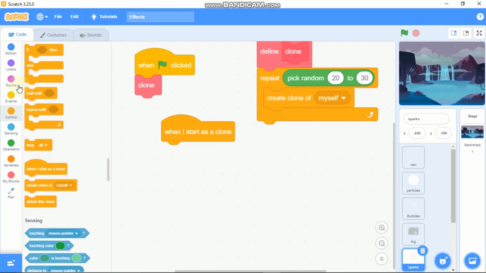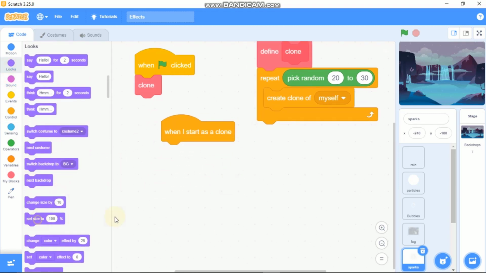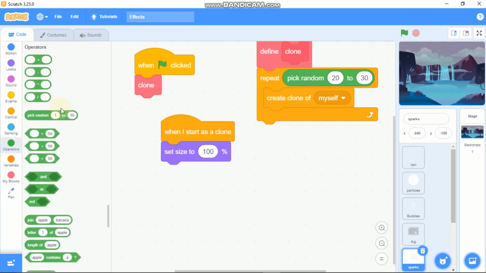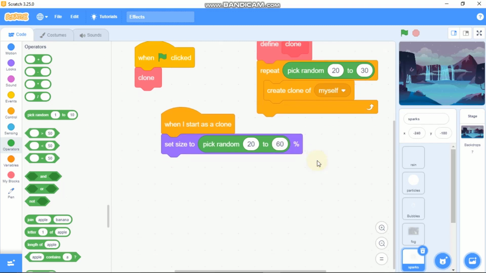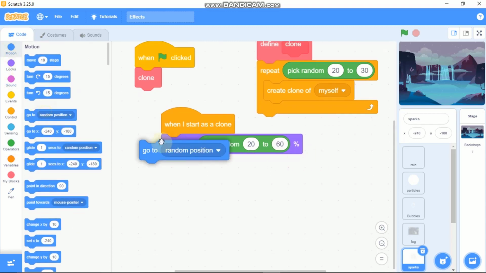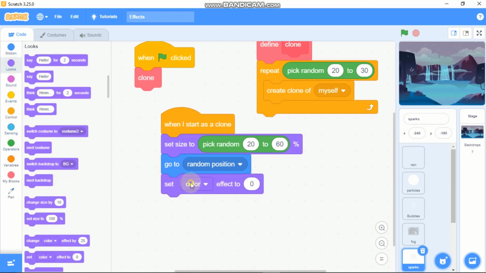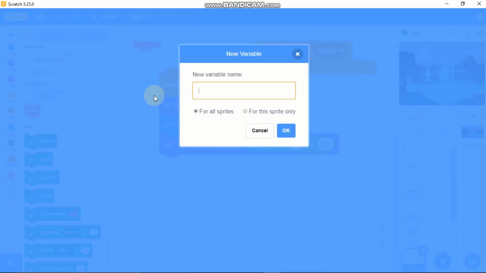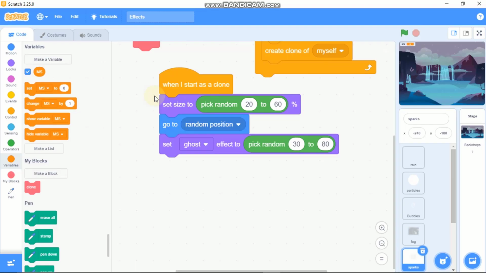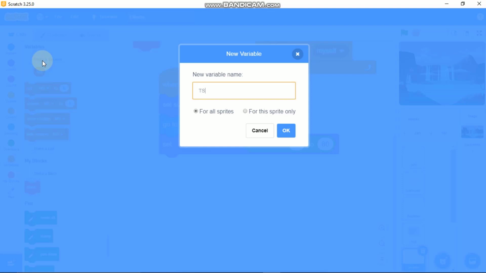And when I start as a clone, we need to set our size to pick random from 20 to 60. Go to random position and we need to set our ghost effect to pick random from 30 to 80, and then make two new variables called m speed, which is movement speed, and t s for